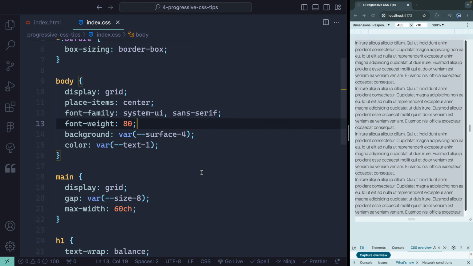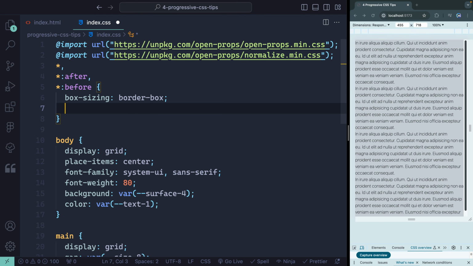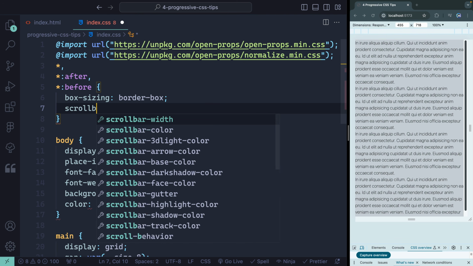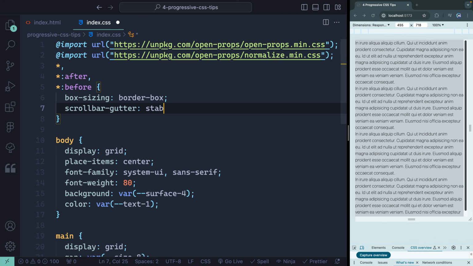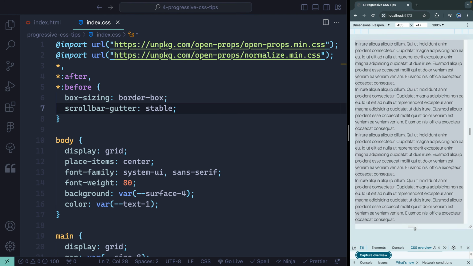Well, this new feature that I'm going to actually set on everything, so it's on the HTML document itself, is called scrollbar-gutter. You can set it to stable, and what this will do is reserve space for it even if you don't currently need it. So right over here, you can see it's already got this white space reserved, and then as I need it,